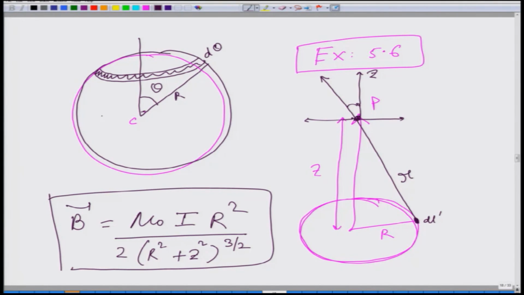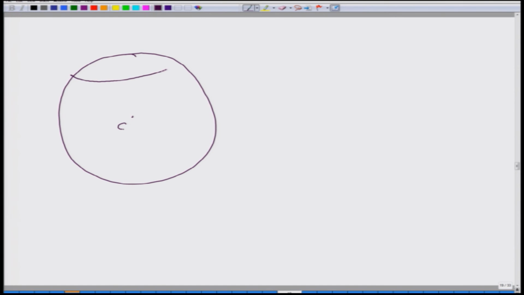So, this is the spherical shell and I want to find the magnetic field at the center. I am taking a circular ring of width d theta at an angle theta with respect to the z axis, and this is the radius. So, this is theta. I can immediately see that the radius of this ring is r sin theta and it is at a height r cosine theta from the